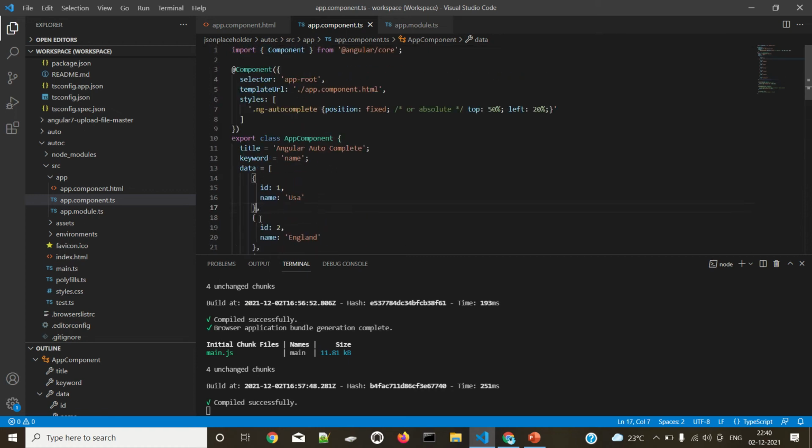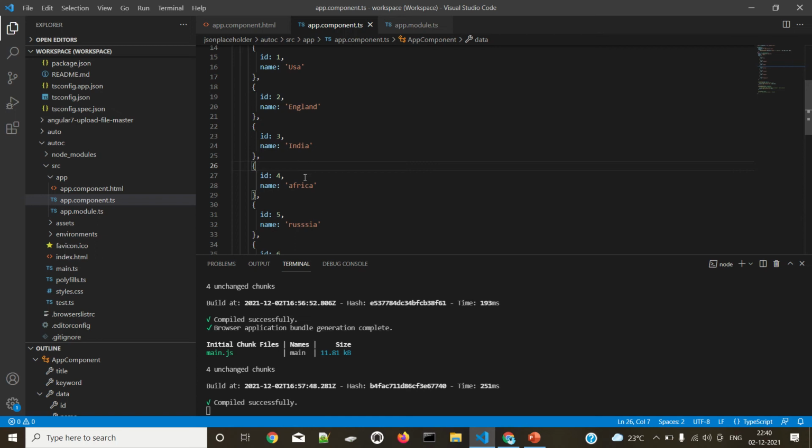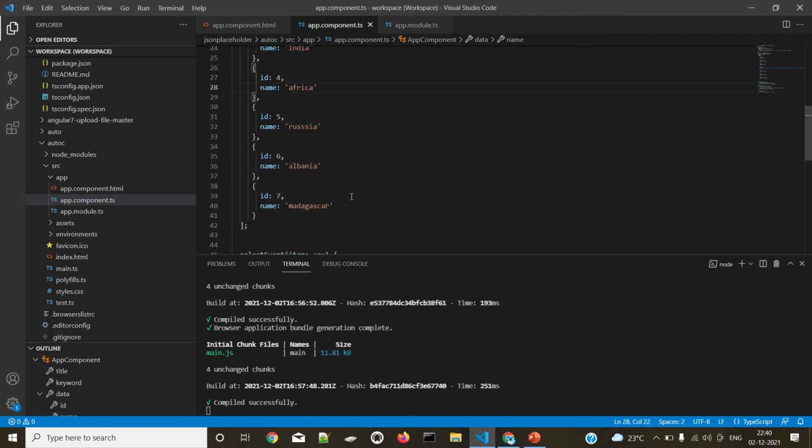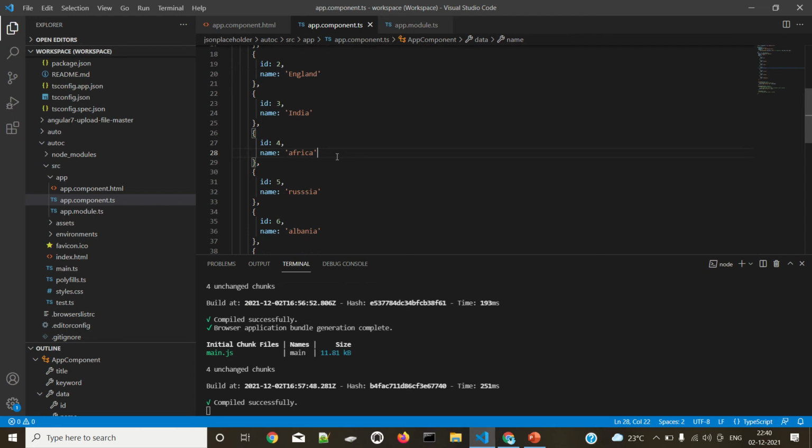Each braces represents a single data entry, which contains two things: one is ID and another one is name. ID is the ID for the particular country, and name is the country's name. All these data are fetched here, and I'm going to use these data for the Angular autocomplete feature.